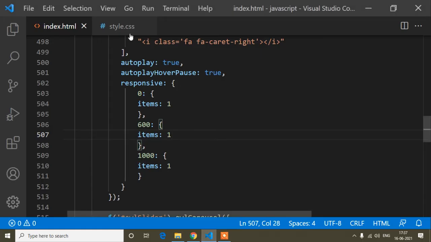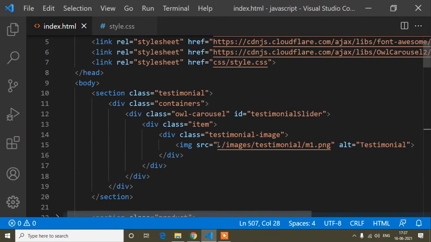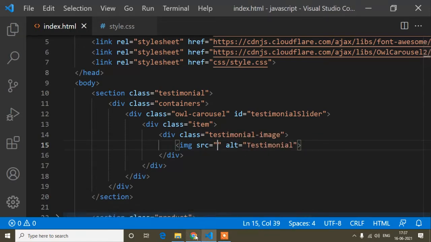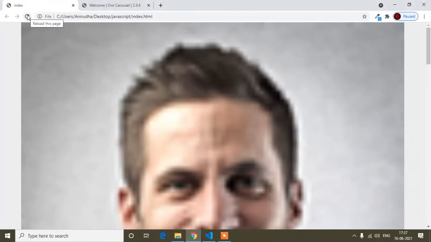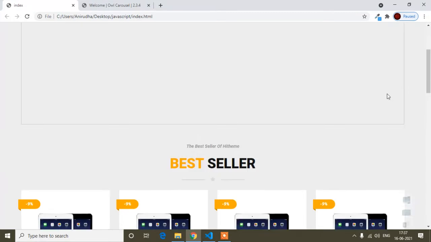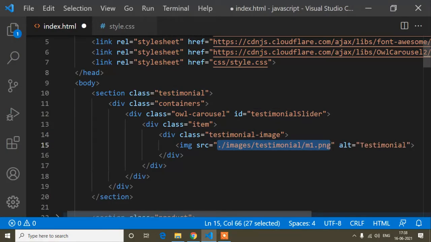Now I will show the use of the alt tag. The image is coming now because the path and everything is fine, but suppose the image path is missing, or the image is blank. Now if I refresh, you can see the image height is there, but it's showing a blank image and whatever I have written in the alt tag, that is testimonial. So it shows in the browser, and the user and developer can easily understand that the image path is missing or wrong. That is the actual use of the alt tag, and it's basically used for SEO purposes.